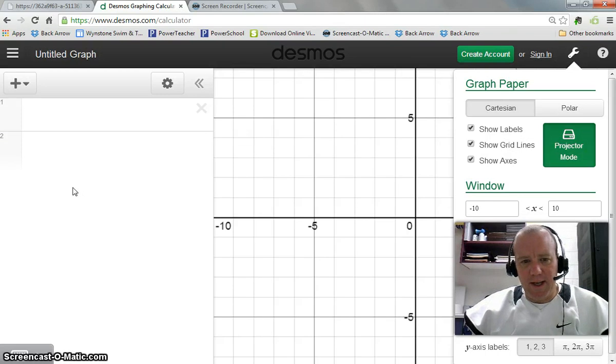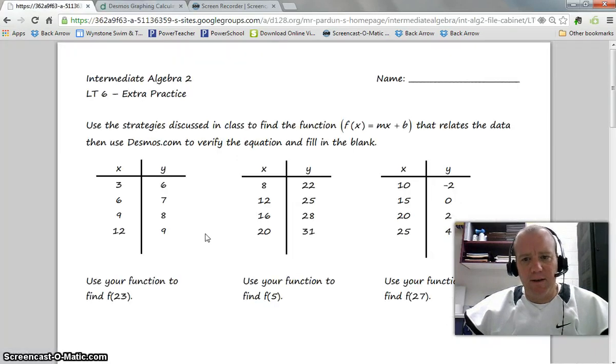What we're going to be doing today is I have a worksheet that is going to be passed out in just a few seconds. This is very similar to the stuff we were doing in class yesterday. There's a set of values here, and you're going to have to find a function that maps the data. And you're going to have to do the math behind that. So I wanted to give you just a walkthrough of how Desmos can be used as a tool to check